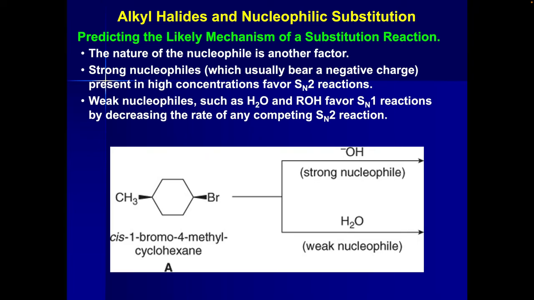So if I have a strong nucleophile, is that going to be SN1 or SN2, you think? It's going to be SN2. Why? Because in SN2 the nucleophile attacks. Very good. In that rate determining step, the nucleophile has to attack the carbon as the leaving group is leaving, right? So what you would predict for this particular reaction,